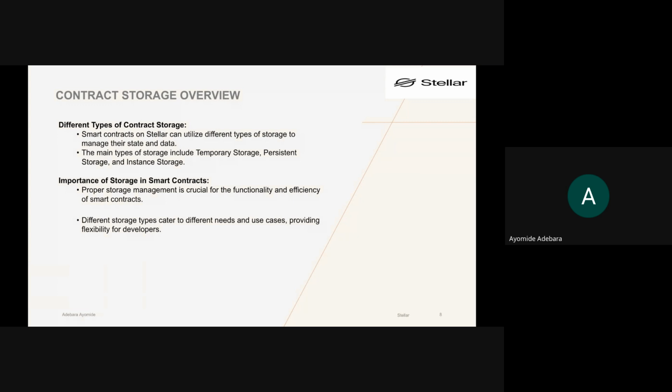We want to remember that those people that are running the node, running the client, the software for this Stellar ledger, at the end of the day, the more smart contracts deployed and the more storage created, there is a sound I'm hearing, please. Can the person on